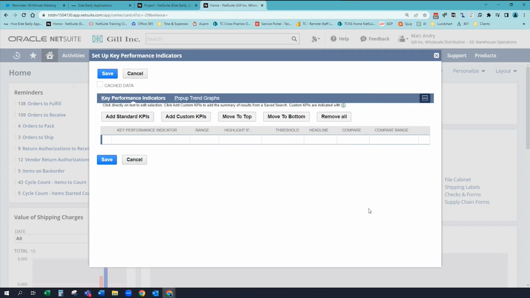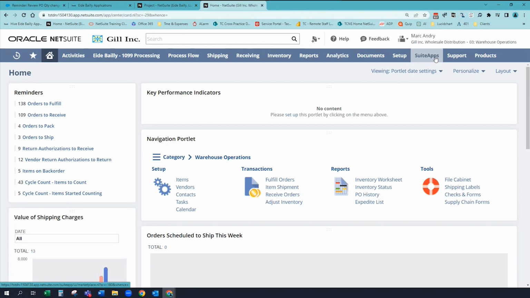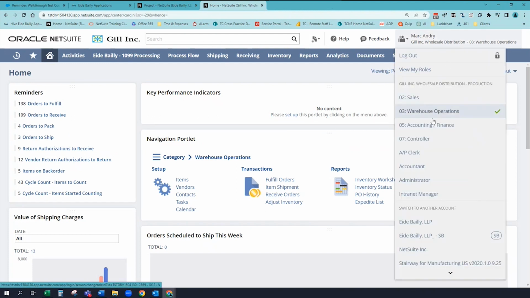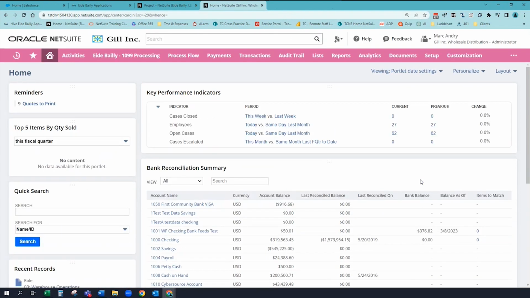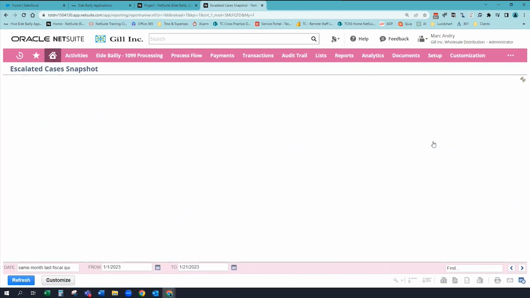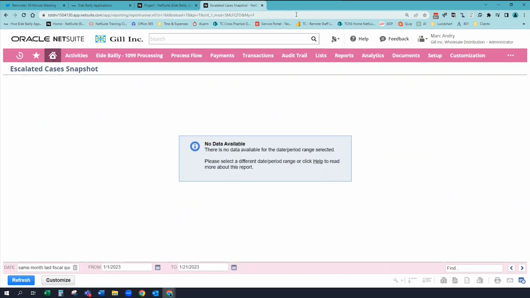To identify which permission is needed, log in using a role with known access to the KPI, the admin role, for example. Now navigate to the KPI in question and click on the report link itself. Copy the URL